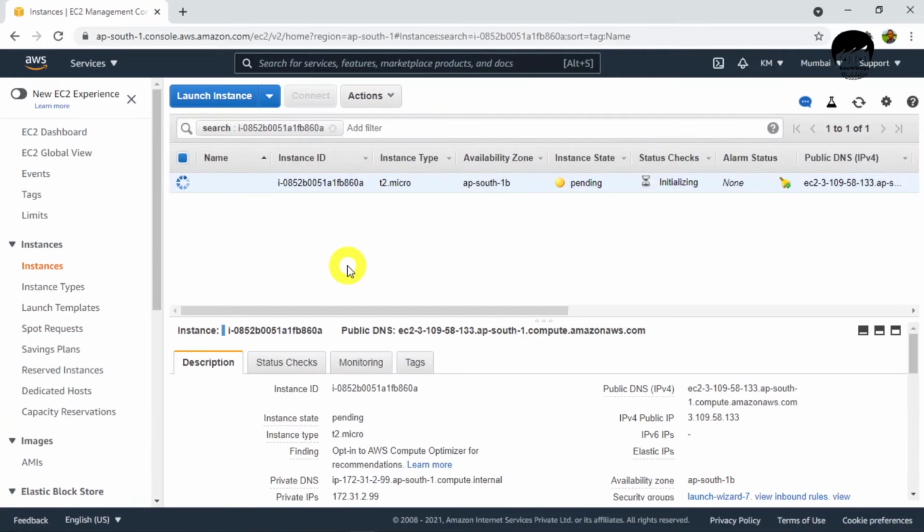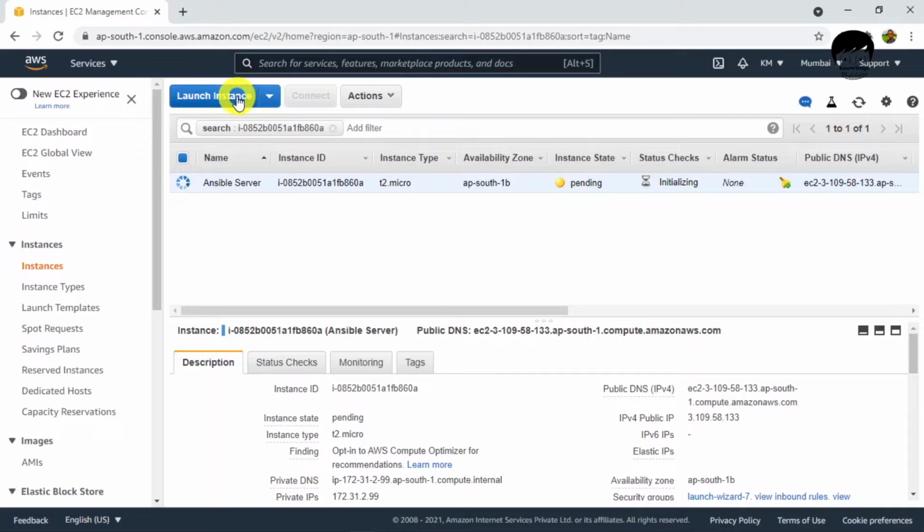We can just go and check. Yes, my instance is launching, and I will name it Ansible server. We just have to wait till the instance status check is 2 by 2 check and it is running.